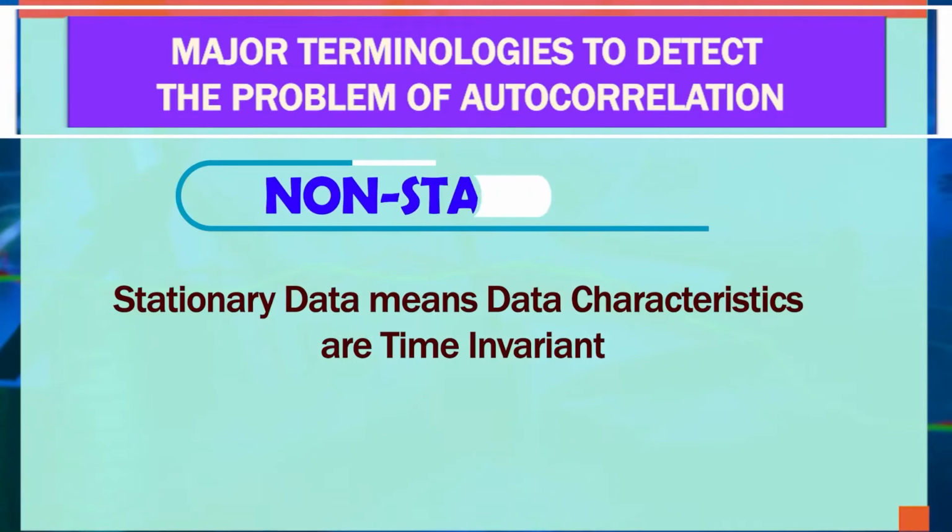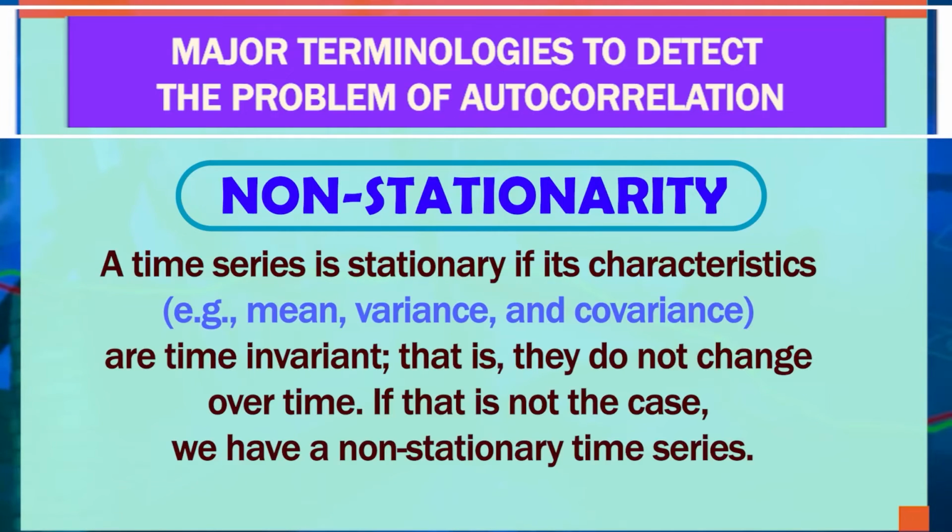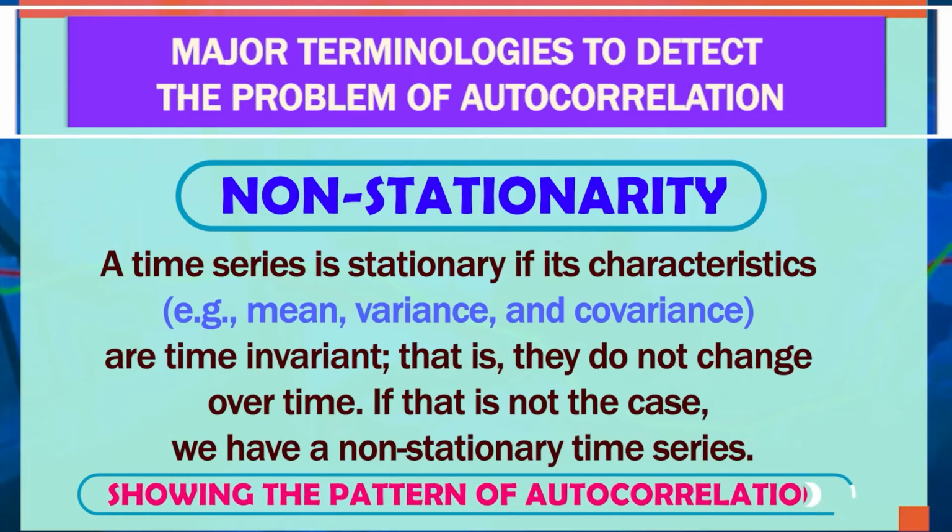So what are those? Non-stationarity. In this slide we are actually defining when we consider a data to be stationary or non-stationary. Stationary means that the mean and the variance do not change with time. So as I increase the number of observations, my mean should not change or the variance should not rise. These are not to be seen in a stationary data. But if the data is showing any trend, or the data is showing changes in the mean and variance, then definitely it is showing the pattern of autocorrelation. So this is one of the sources of autocorrelation.